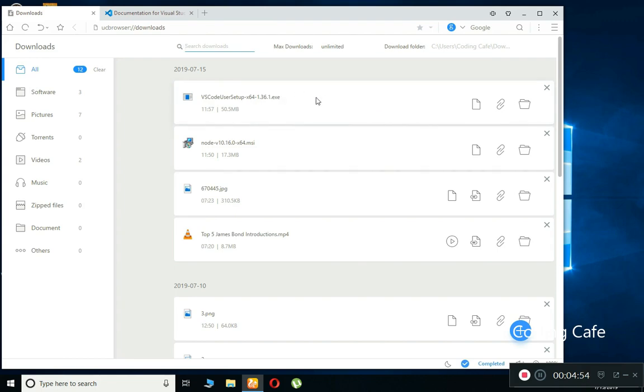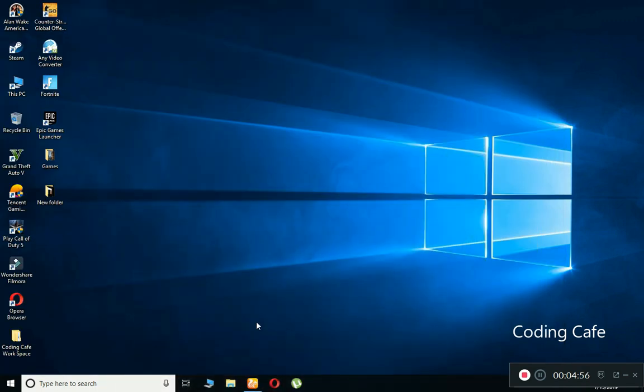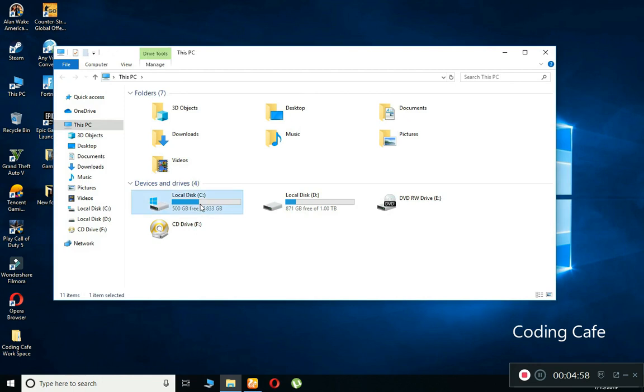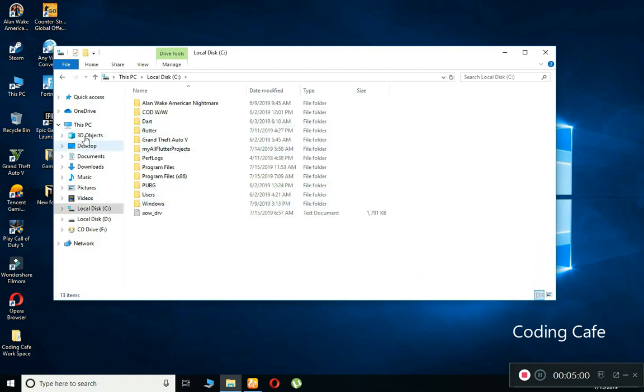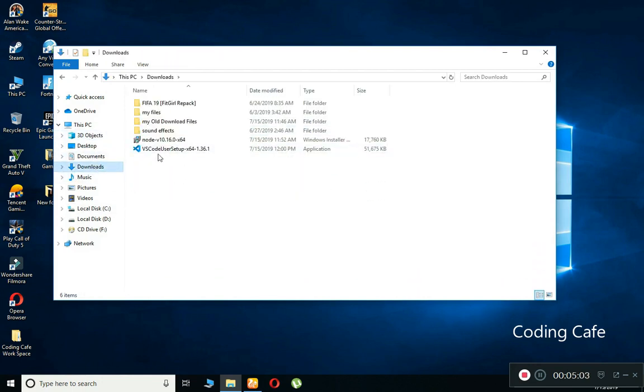So it is downloaded successfully. Now let's minimize this and go to our Downloads folder. Sorry for that. Go to Downloads, and here you can see you will get this file after a successful download. Okay, then double click on it,